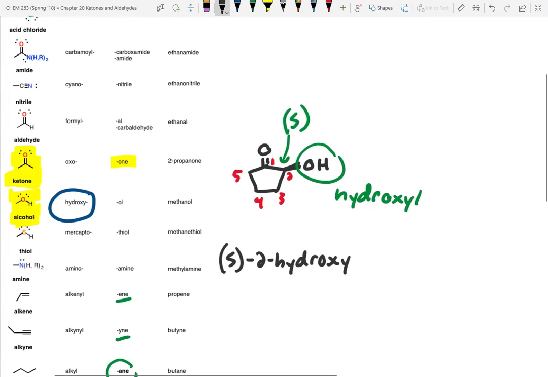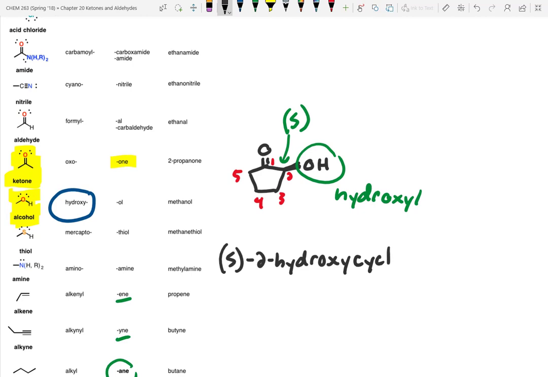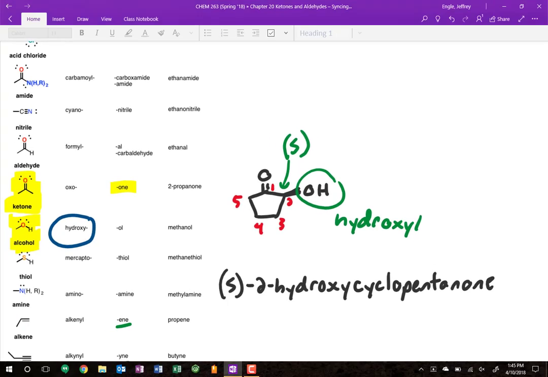And then what would come next? Cyclopentanone. So these do get more and more complicated the more functional groups you have, but knowing the order of IUPAC priorities can be pretty important if you've got multiple functional groups. Make sense? All right. So now what we need to do is a little bit of review,